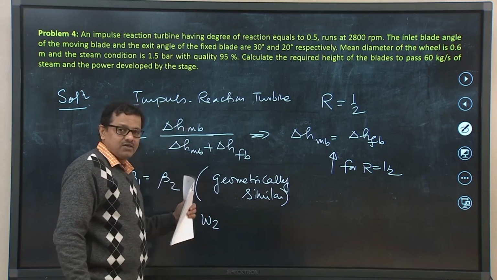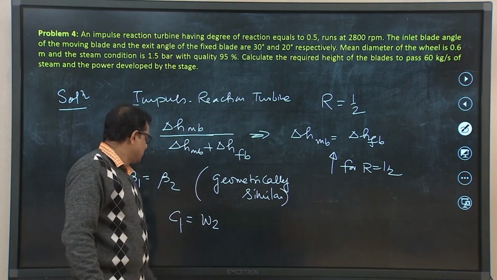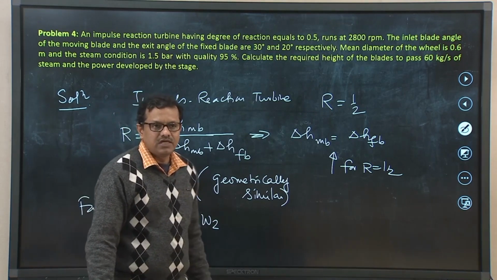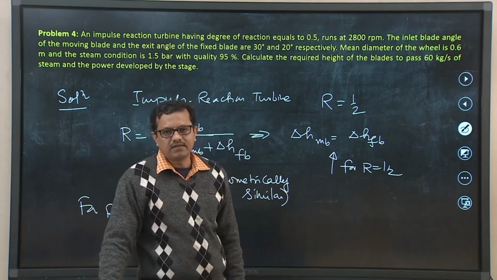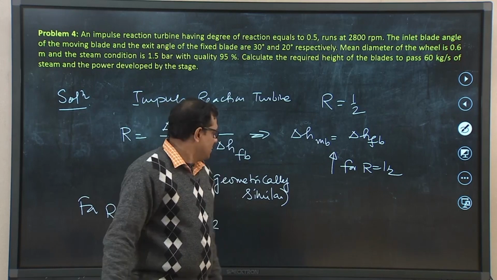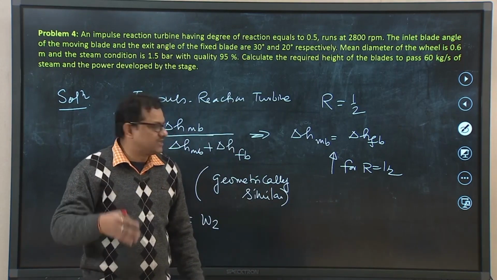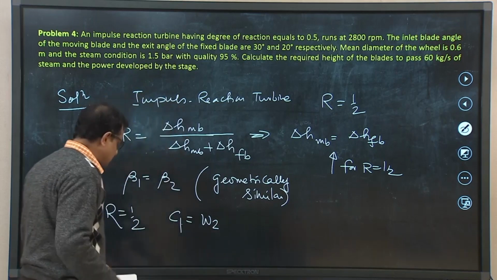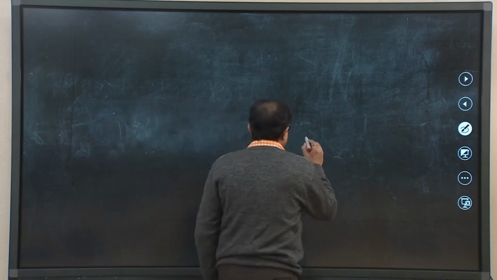Beta 1 equal to beta 2, and C1 equal to W2, right. So, the triangles are symmetrical. If we try to draw the velocity triangles, they will be symmetrical. Let us first draw the velocity triangles and then we will discuss. So, if we draw the velocity triangles here,